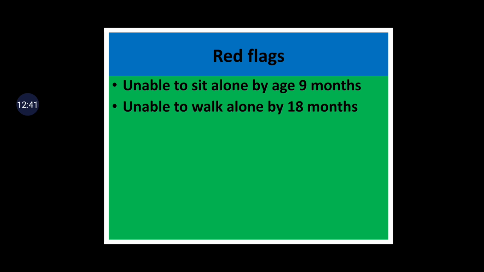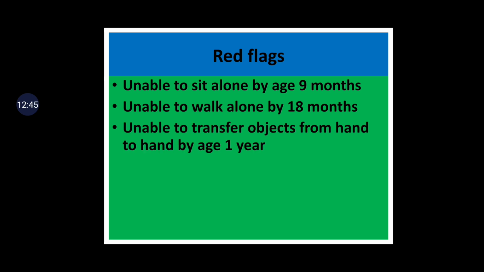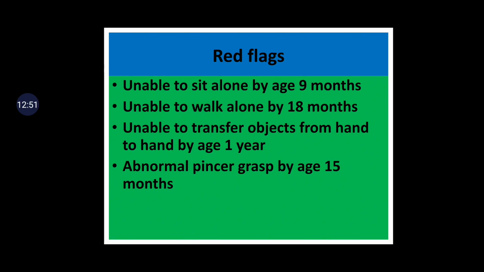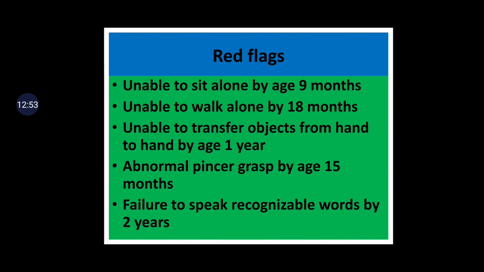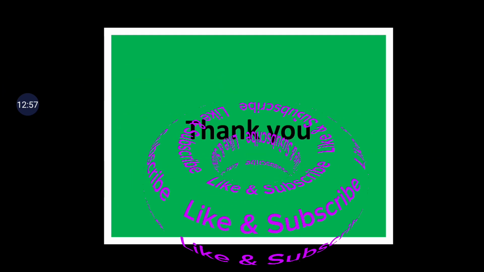Red flags. These are indicators of suboptimal development. Includes unable to sit alone by age 9 months, unable to walk alone by 18 months, unable to transfer objects from hand to hand by age 1 year, abnormal pincer grasp by age 15 months, and failure to speak recognizable words by 2 years. This is all about history taking in